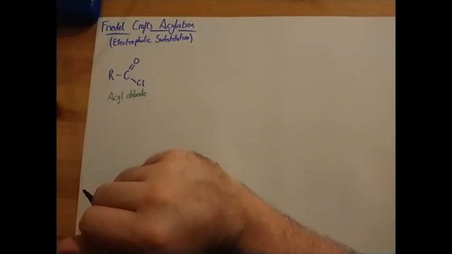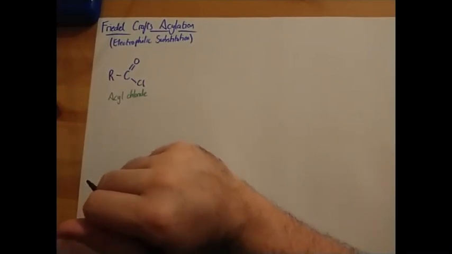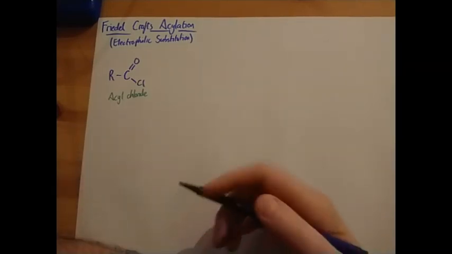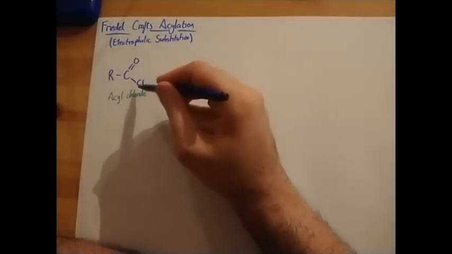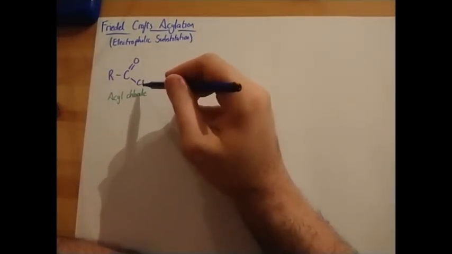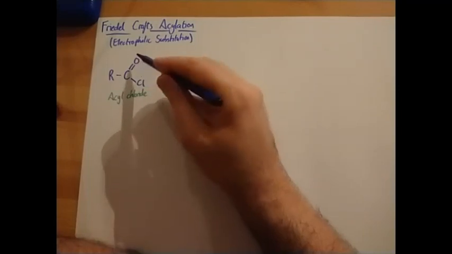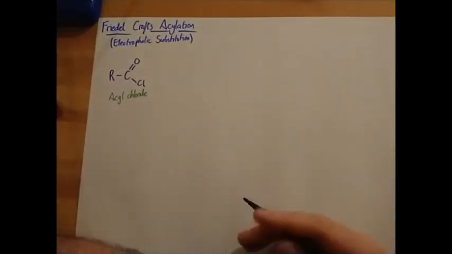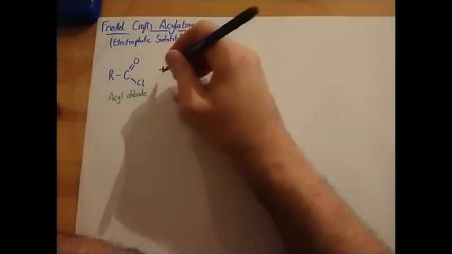So if we think about what we did yesterday, we had to make the electrophile. An electrophile is your lone pair acceptor. And we've got this really electronegative chlorine, which already has lots of electron density close to it. A double bond to the oxygen, which is also really electronegative. So it's hard to see here where the electrophile is with that positive charge. And it's not here, that's why we can't see it. We have to react this with something. And we're going to react it